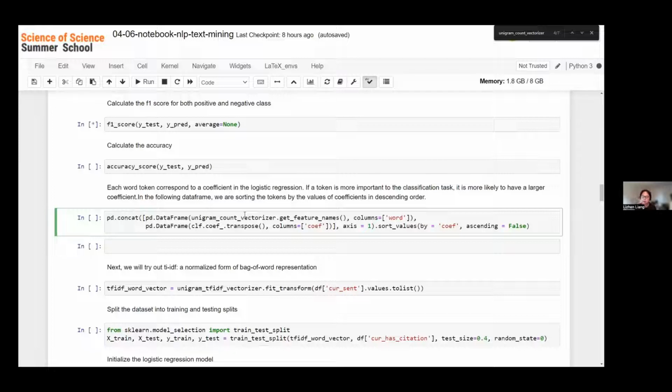But in general, I think on Tuesday we introduced cross-validation. I think we can build both. In one case, we remove the stop words, and in the other case, we do not remove the stop words. And at the end, we just compare the validation score to see which feature set is better.